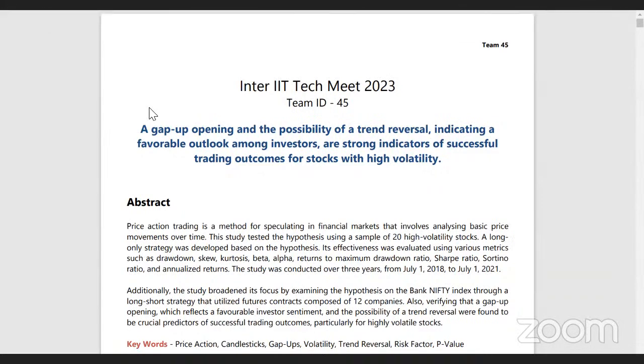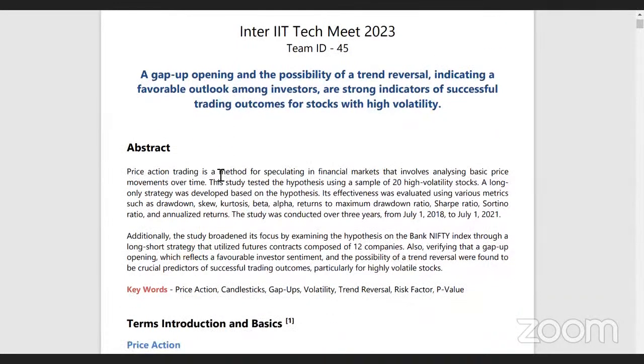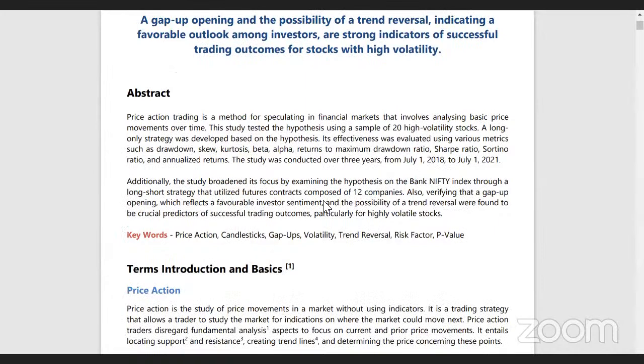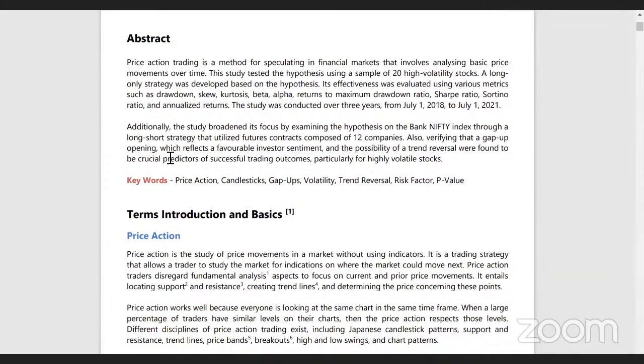We are team number 45, and the hypothesis that we have devised for our research report is: a gap up opening and the possibility of trend reversal indicating favorable outlook among investors are strong indicators of successful trading outcomes for stocks having a high volatility. This hypothesis was tested on a universe of 20 high volatility stocks using a long only strategy, and its effectiveness was evaluated using various metrics over the backtesting period of 3 years. Furthermore, we also expanded the study by examining this hypothesis on the Bank Nifty index through a long short strategy